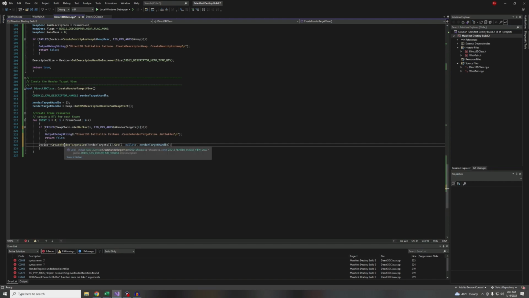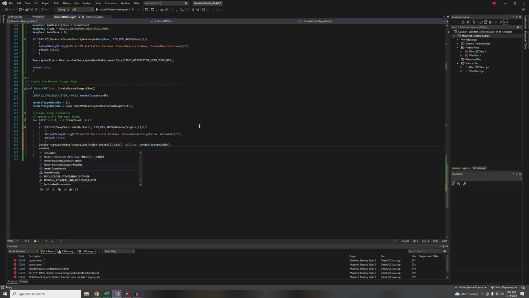And that's a void call, so it doesn't return anything. Okay, and then render target handle